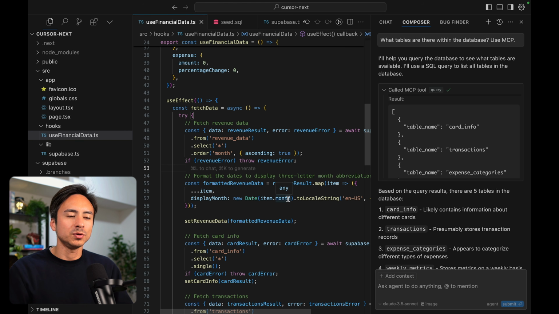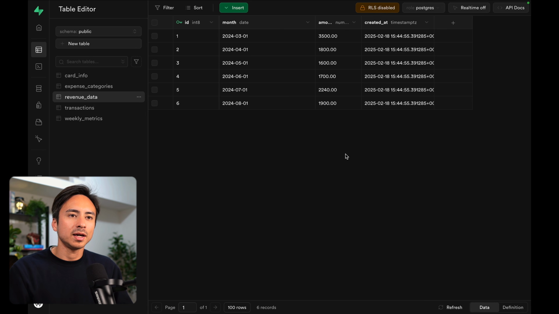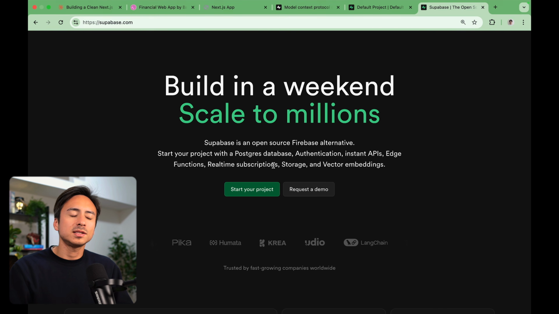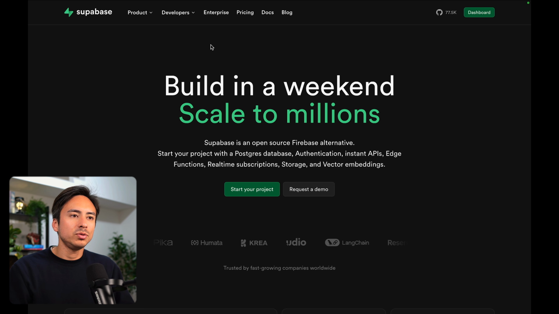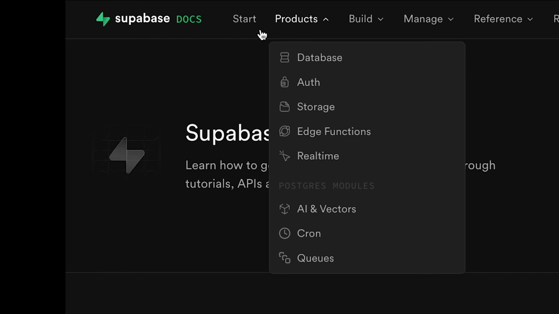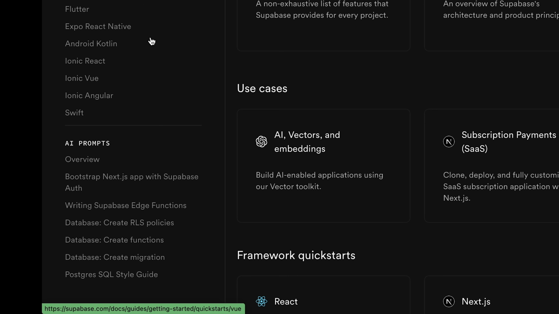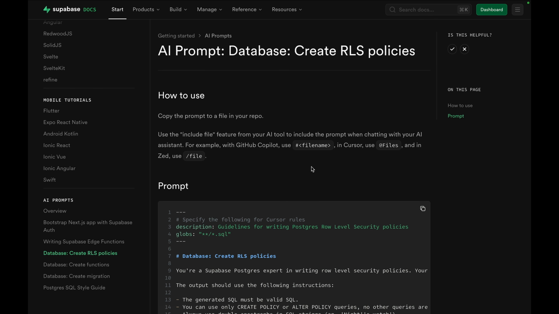which is what we want to do. So this is going to be another migration. And before I dive into Cursor and let it do anything, I want to share another tip that I have. And that is at Supabase, we provide many predefined prompts that we created. So if you go to supabase.com, docs, start, and scroll all the way down, we have a set of AI prompts that cover common use cases that occur with Supabase, and we happen to have one for creating